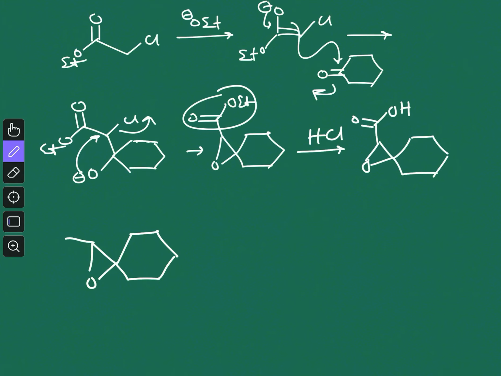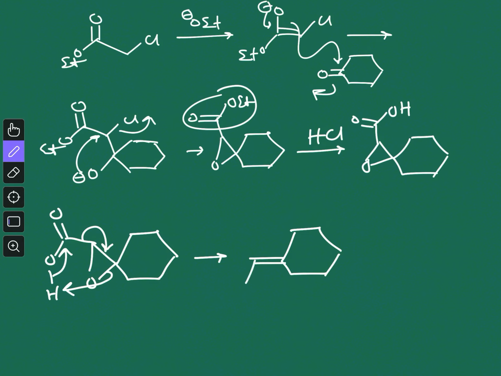You have to write it somewhat like this, OH. You can show it in one step, or you can do it in separate steps. Whatever you do, you get the same result. So what can happen here is, this will take this proton, this bond will go here, and this bond will come here. From here you will get something like this enol, and it will also liberate carbon dioxide, and finally tautomerization of this enol will give you the aldehyde.